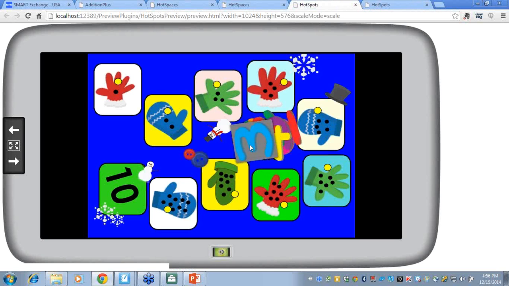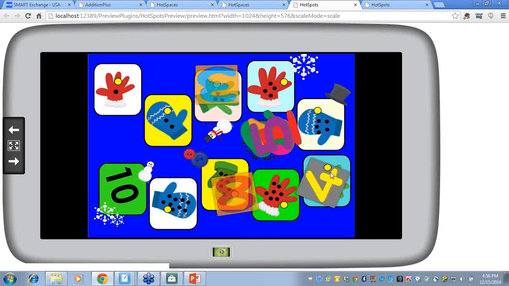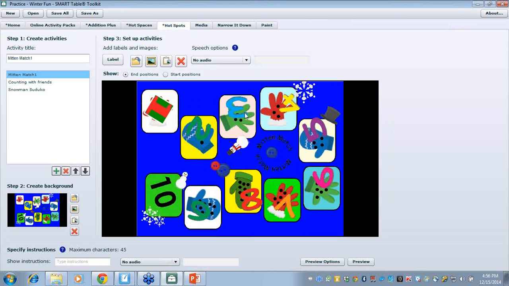So basically, if I come here, these will lock in place. So this is a one-to-one relationship. If I place it in a wrong place, then it won't turn colors. The difference between hot spaces and hot spots also is once you have it locked in, you can't move it. So hot spots is just another idea in getting kids to